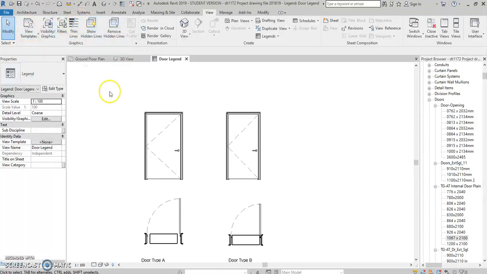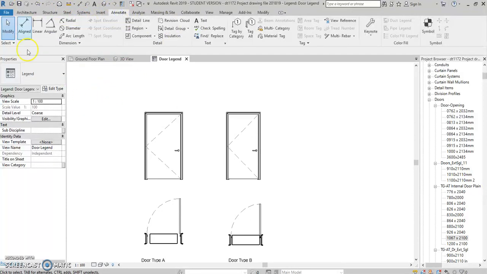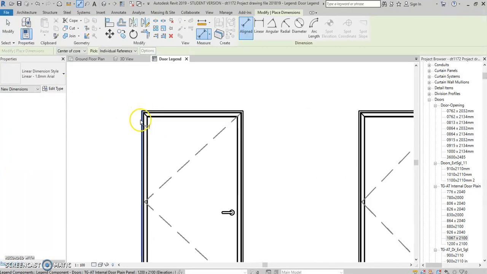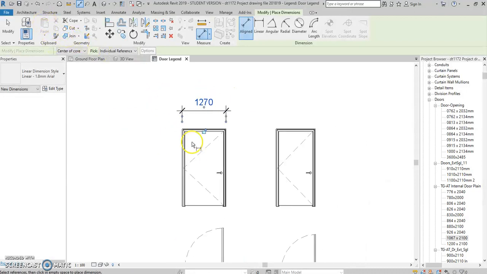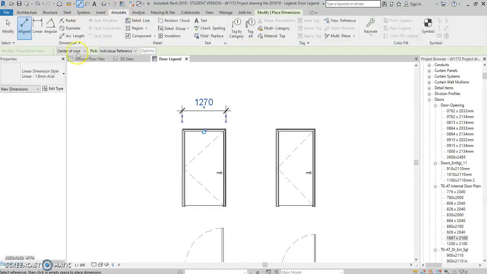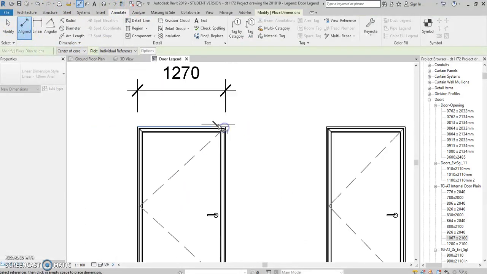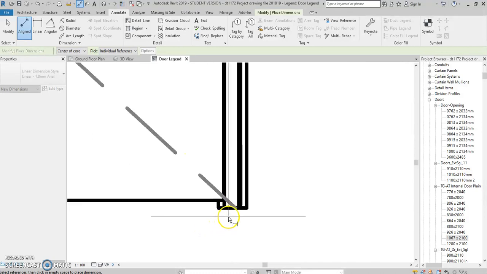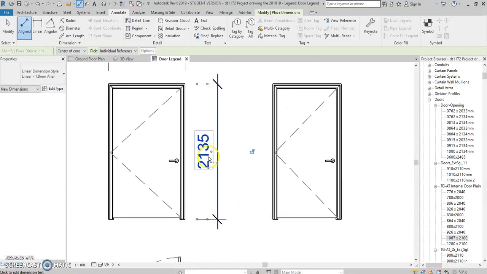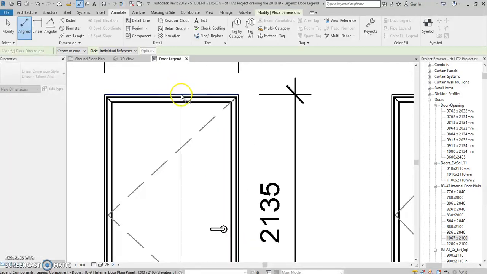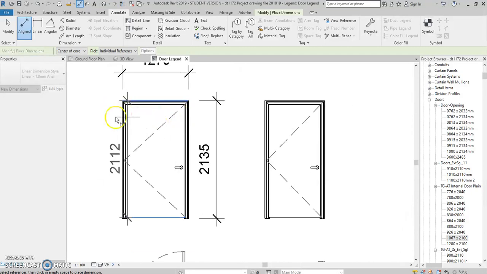is we might want to put in dimensions. So go to annotate, we go to align dimension, and we'll take the external dimension. So from there through to there, which is 1270. And the overall height of our door is from, we go to annotate again, and we go from this line here through to this line here, and it's 2135. Now the door is showing as 2100, but it's just gone a little bit below. So if we show it from there through to there, 2112,